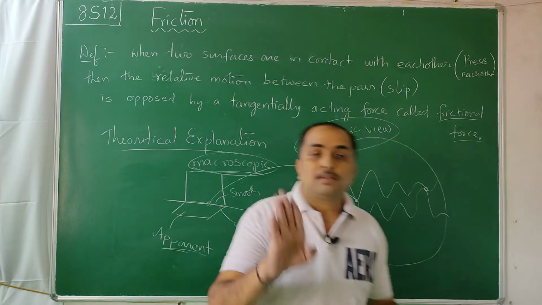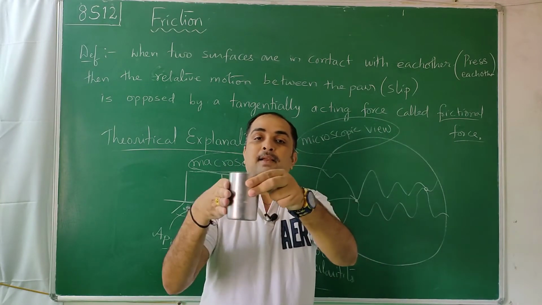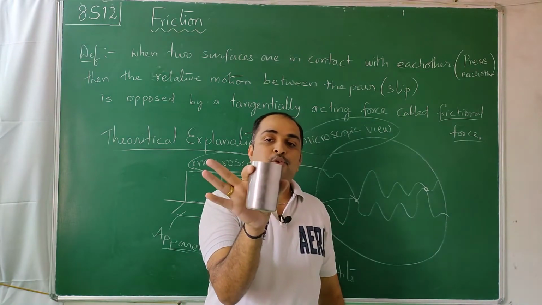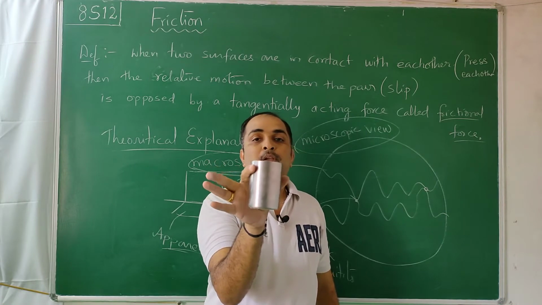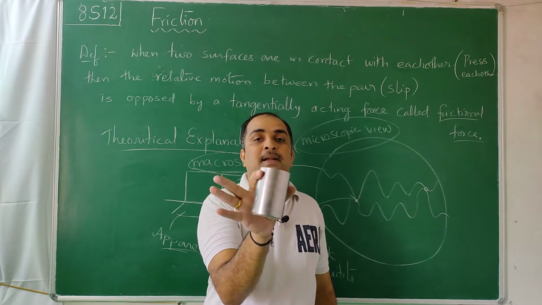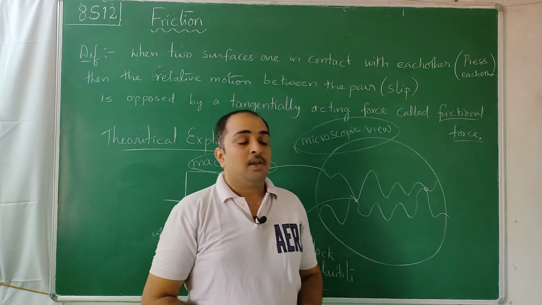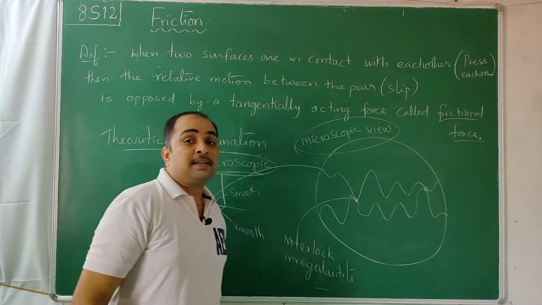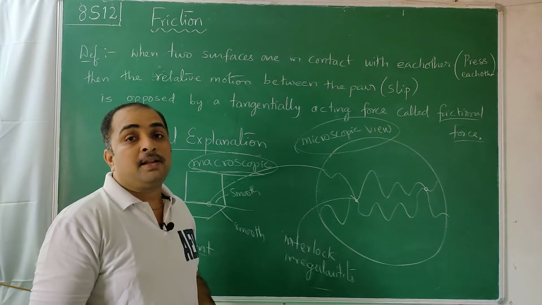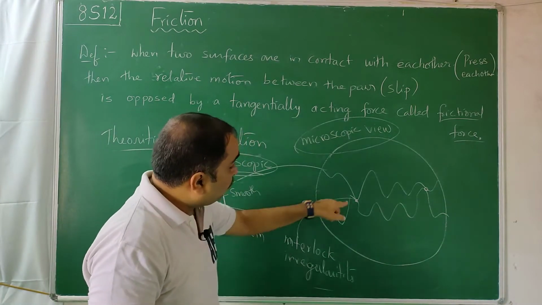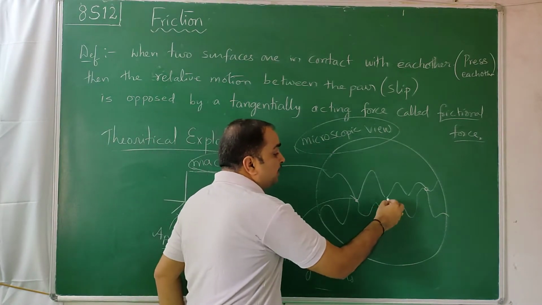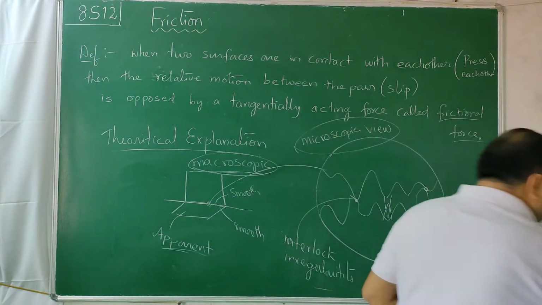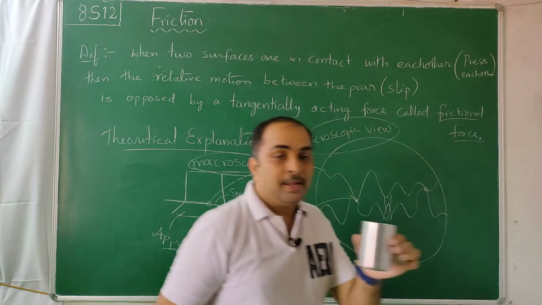Moreover, see here, 4 fingers I am attaching and I am hooking at the other side like this. If I use 3 fingers also, I can hold it. So whether I increase the area or decrease the area doesn't matter. Same force I need to apply. So microscopic area, if it increases or decreases, some difference can happen. But macroscopically, we are not doing anything. To increase the microscopic area at microscopic level, I have to make this also come in joint with this. For that, I have to press it more. So I am holding a glass.